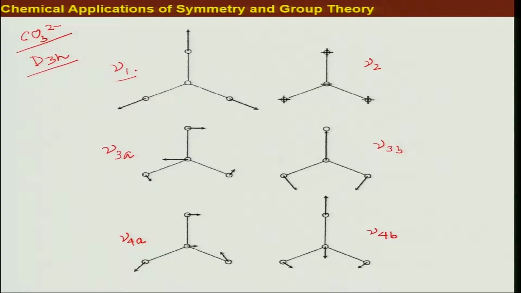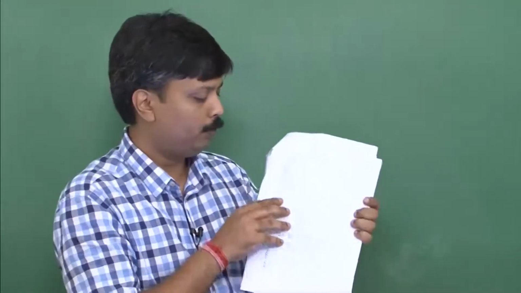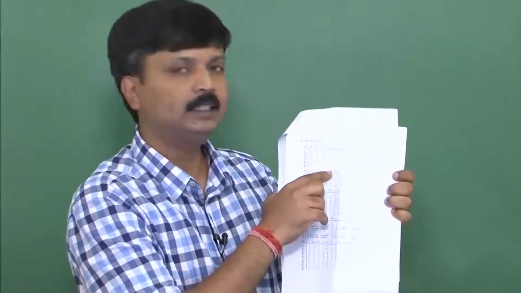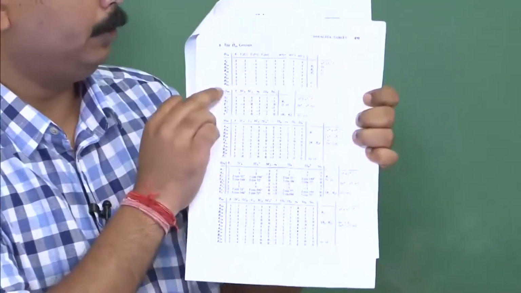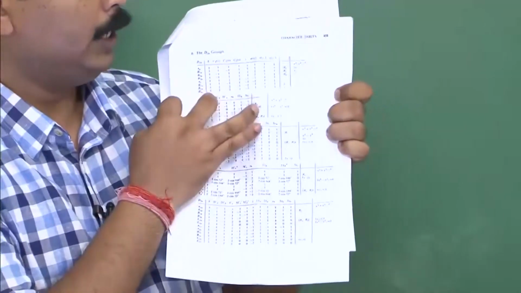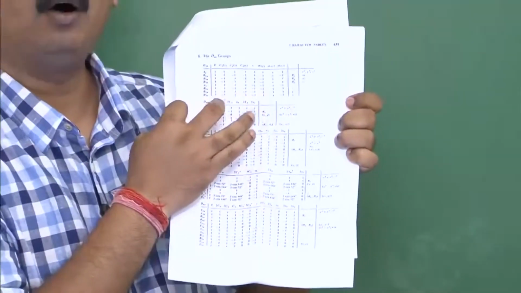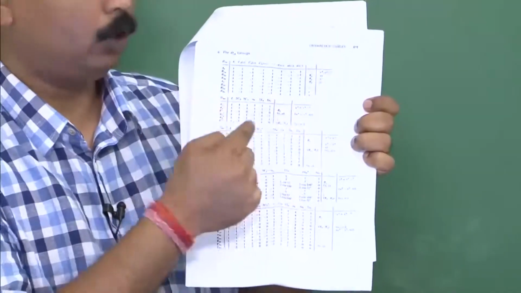You know by now that this is a form of character table; you can get it anywhere. So you look at the character table for any particular point group. Let's look at the point group D3h, all right? And so here we go. If we look at the point group D3h, you will find all the symmetry operations there. And the corresponding irreducible representations, the terminologies, you will also get the linear or non-linear functions which also transform